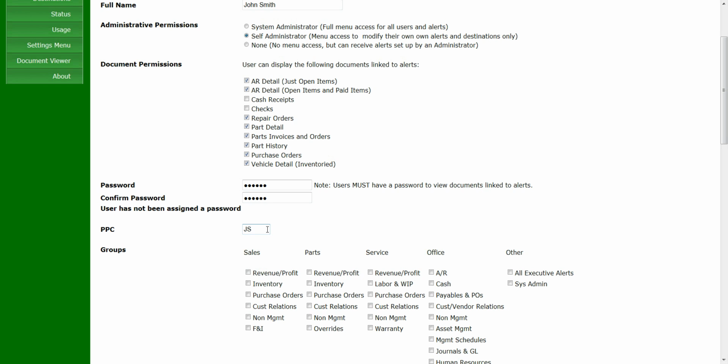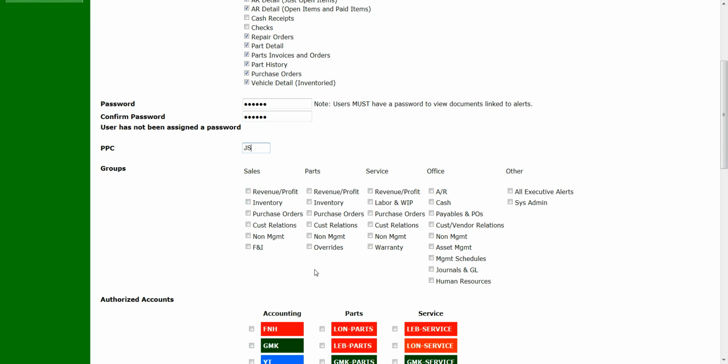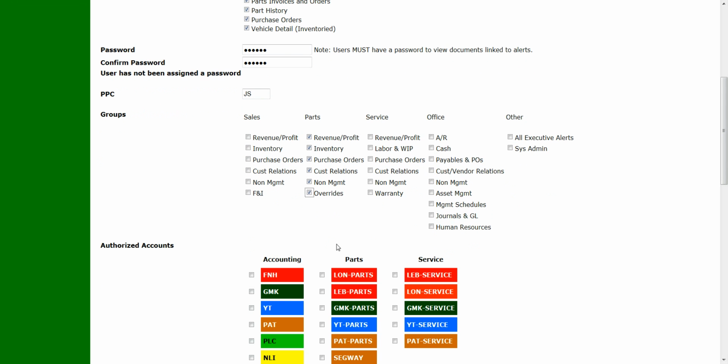His PPC is JS. Because he's a parts manager, we'll check off all of these groups. Now, alert groups work like this. Each alert in the system is assigned to one and only one alert group. And in order for the user to receive that alert, he also must belong to that group. So in this case, where John is a parts manager, we certainly want him to belong to all of the